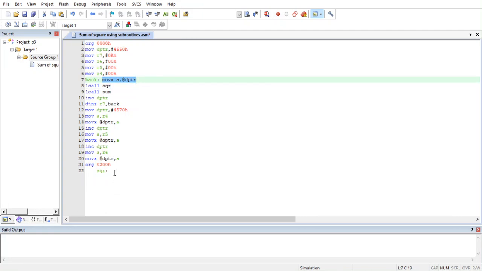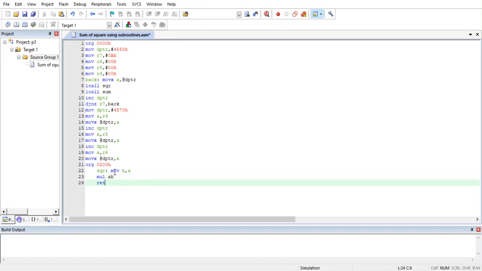So we give the instruction MOV B comma A, which means that the data is getting copied from A to B. So now we have the data in both A and B registers. Now we can give the instruction MUL AB, right?